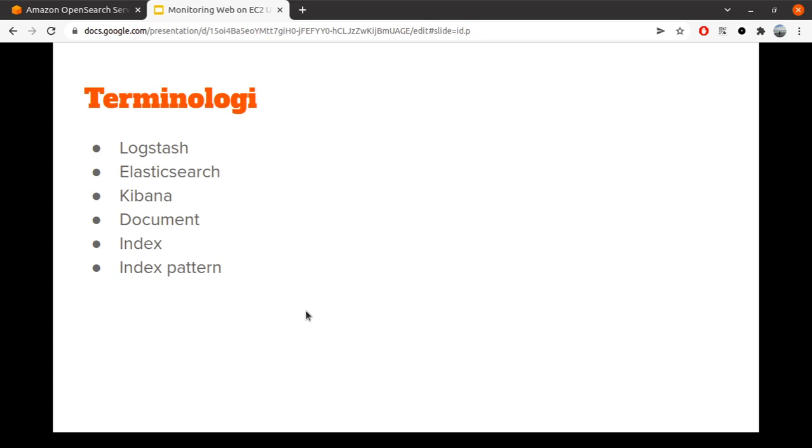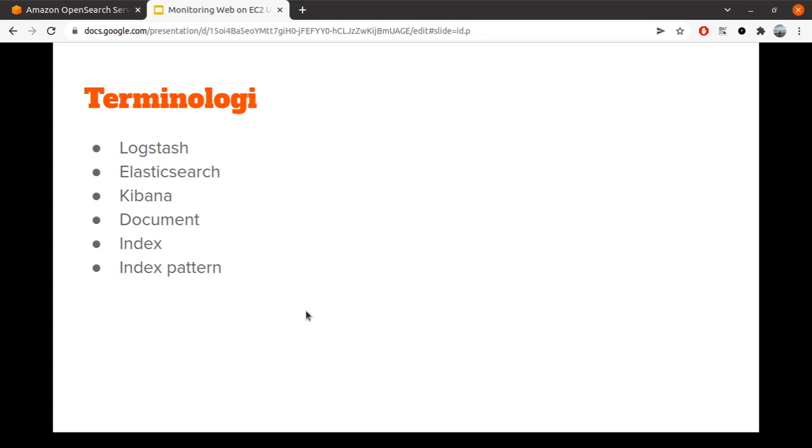So in Kibana, actually, you can create a dashboard. Inside the dashboard, you can have one or multiple visualizations. And a visualization is actually a form of picture of the data that you query. So basically the log that you parse, the input from your log, will be a document, right? And the document itself will be stored in an index that's stored in the open source. And actually you can have a logical wrapper for the index, and it will be called an index pattern.